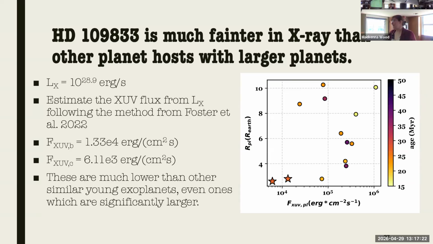So this suggests that maybe it isn't photoevaporative mass loss, or that there is some other mechanism involved in making these planets as small as they are, because if it was just the XUV flux, we would expect a planet that is older and has significantly higher flux to have smaller planets as well. So obviously there are many, many questions here, but this is one way of looking at how this X-ray activity affects these planets.